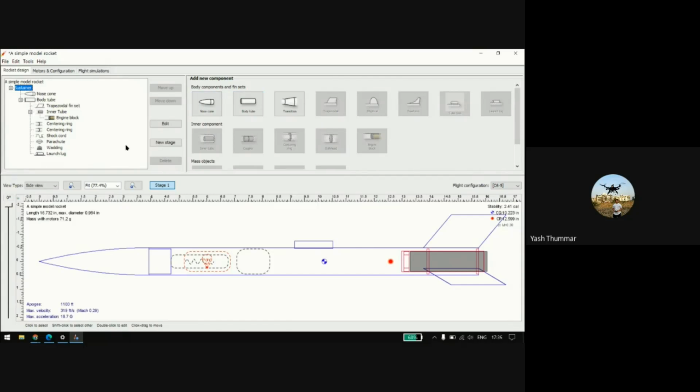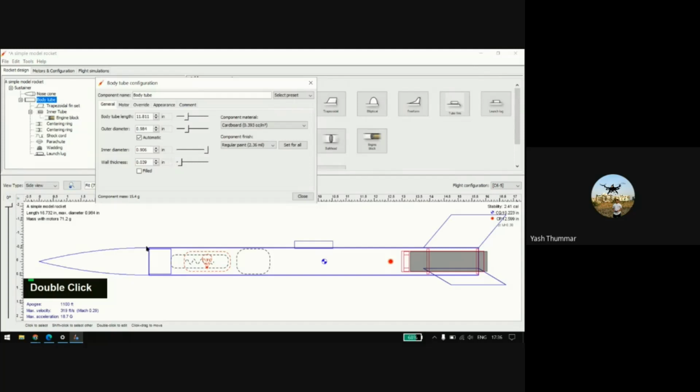You may also take care of this. Then we go ahead. In the body tube, you can see it highlighted, right? It runs from the nose cone to the end of this rocket. It's a single stage rocket with a single stage motor, so its ending is here.